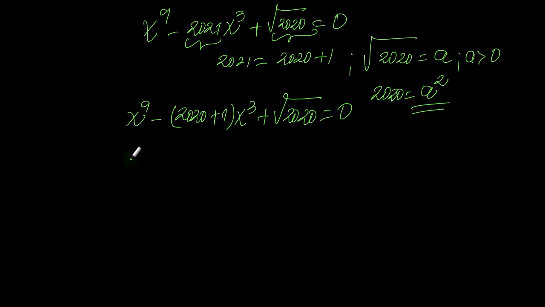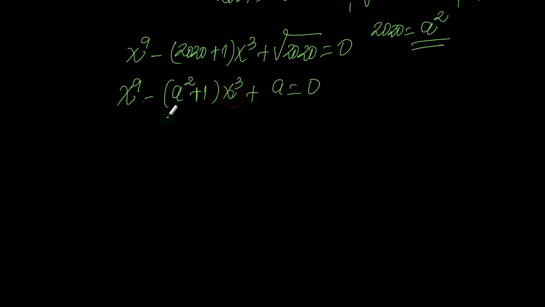So we have x to the 9 minus a squared plus 1 times x to the power of 3 plus a equals 0. Cool. Let's multiply these terms here. We're going to have x to the 9 minus x to the 3 a squared minus x to the 3 plus